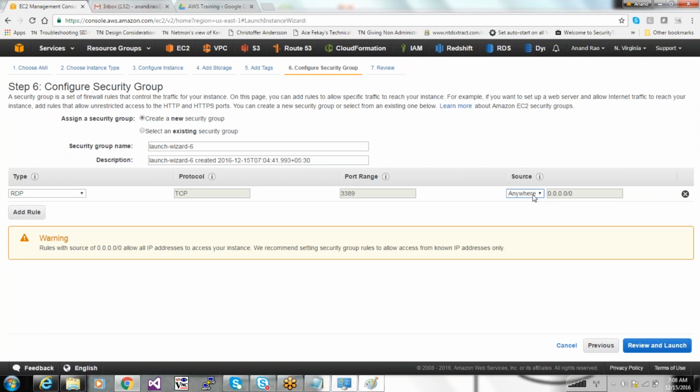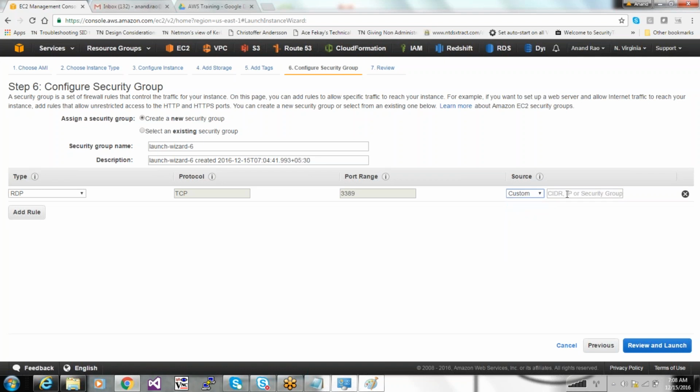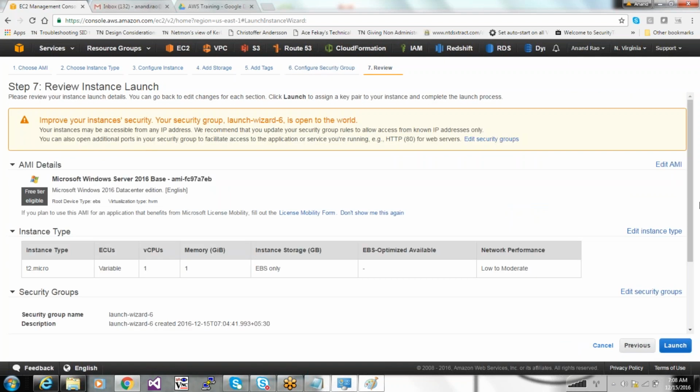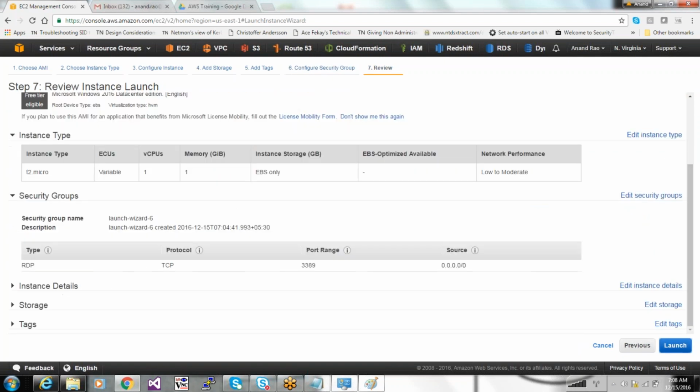Or you can give a custom IP, a particular security group or a particular CIDR. For now, let's click anywhere, review all of what you selected, and click launch.